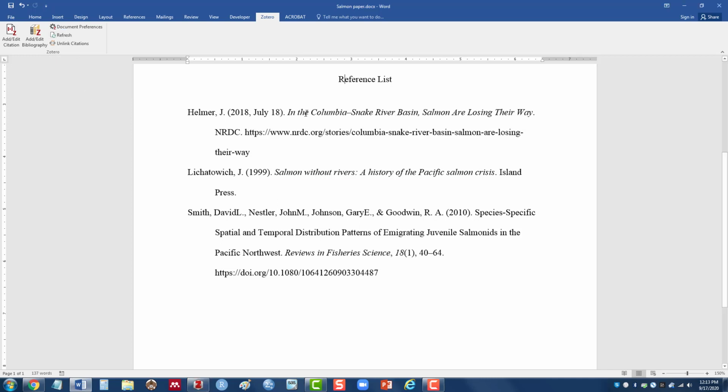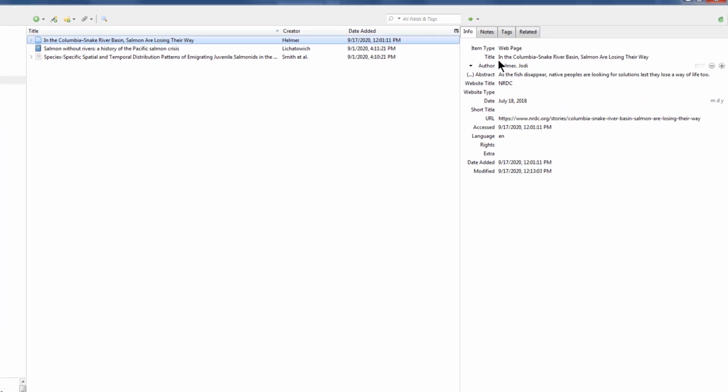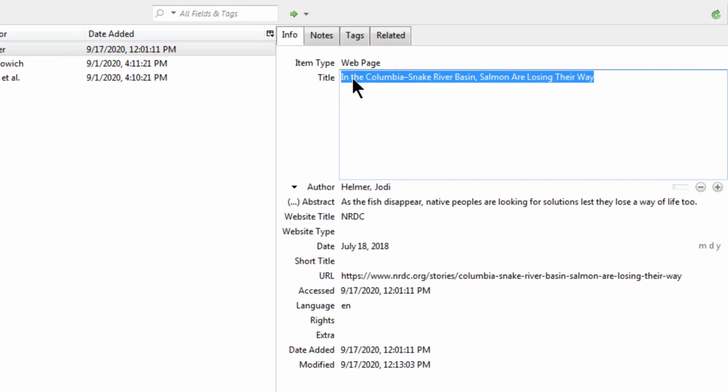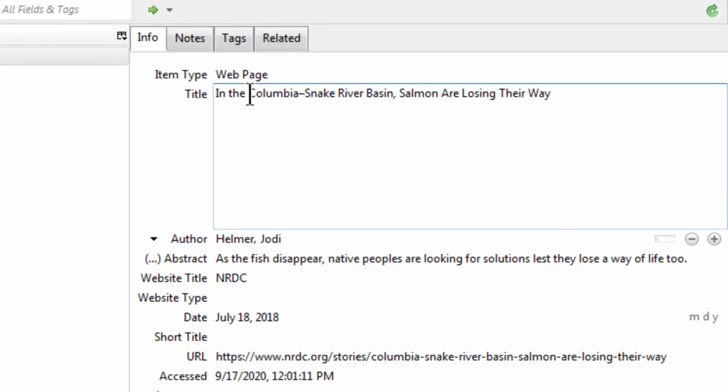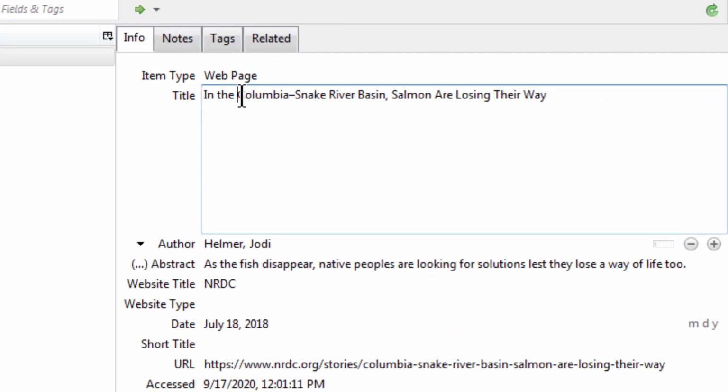And the third mistake that I noticed is in the name of the web page. Some of these words should be in lowercase. So if I go back to Zotero, here's my title field. I'll click there. The proper noun, the location, Columbia Snake River Basin, that's fine. But some of these other words like salmon are